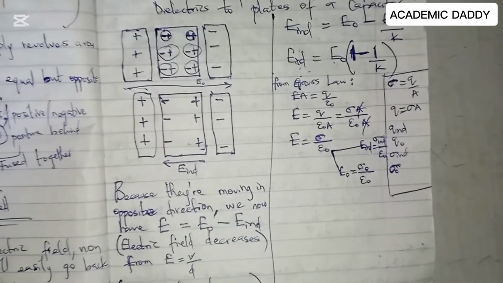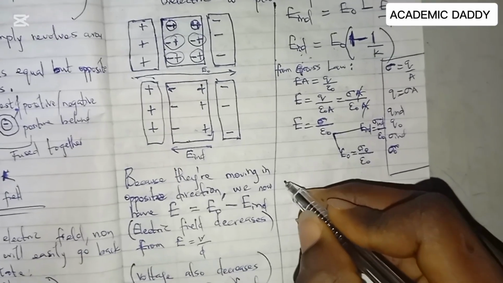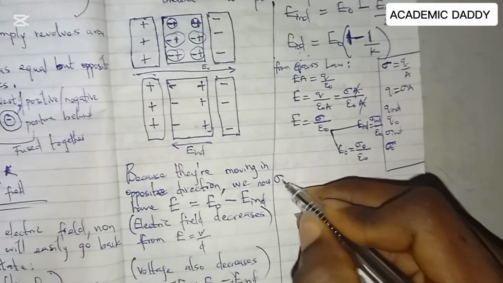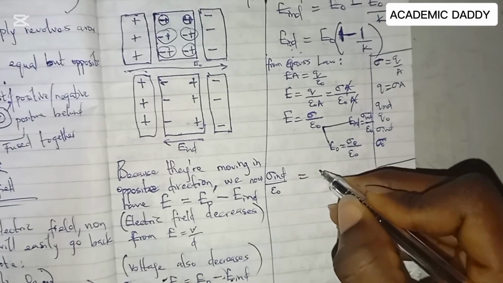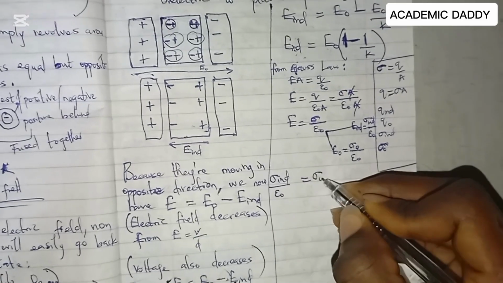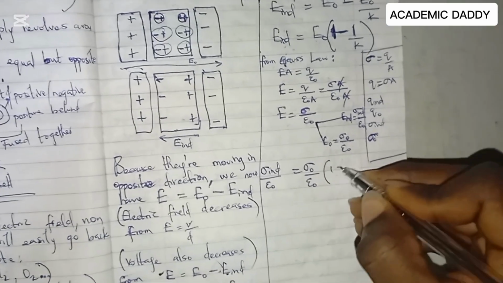You need to know this. So if we put it together inside this place, we can now have surface density induced all over E naught equals surface density initial all over E naught, then 1 minus 1